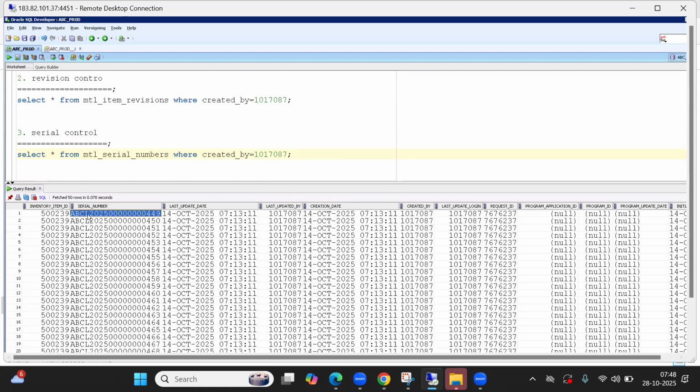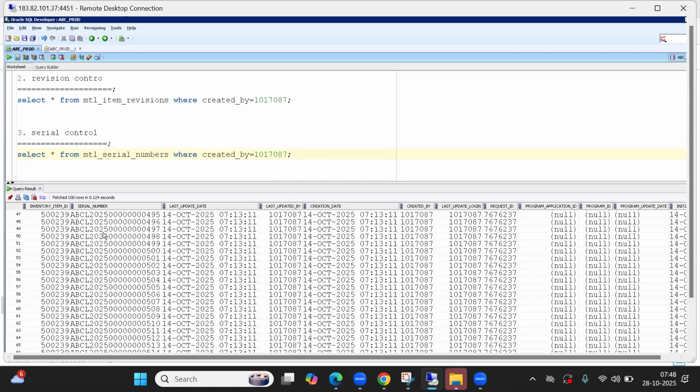See, ABC, laptop, all this we have created, right? If you remember, I think even 1,000 serial numbers also we generated. So like organization wise, this is organization wise. All these serial numbers we generated. Okay, fine. So next is